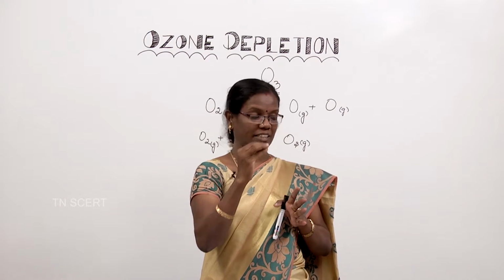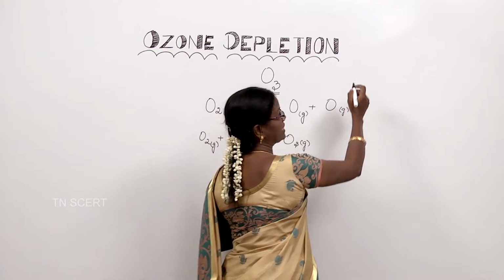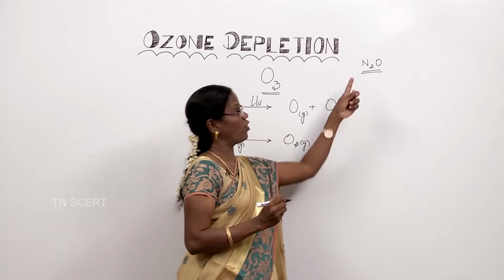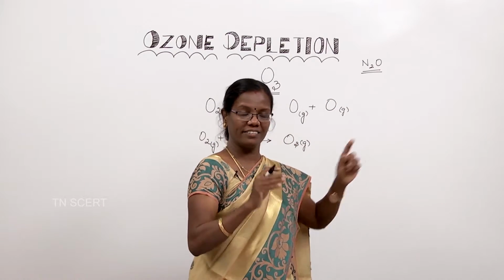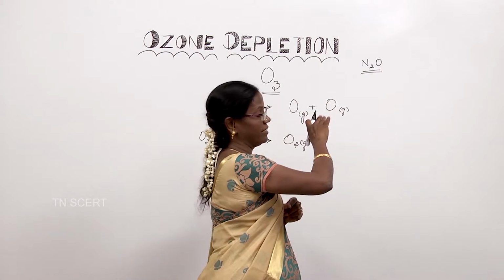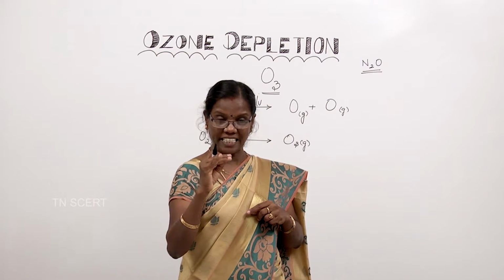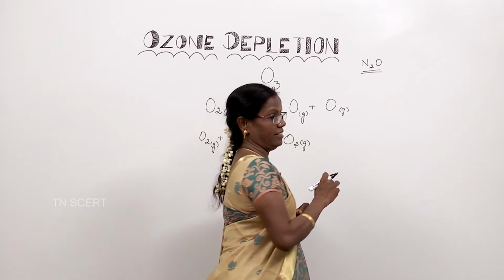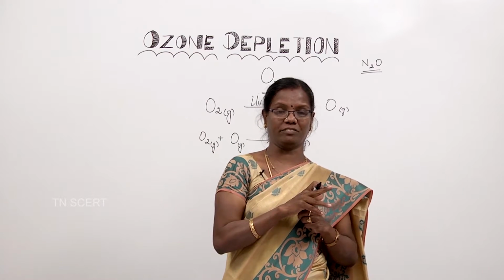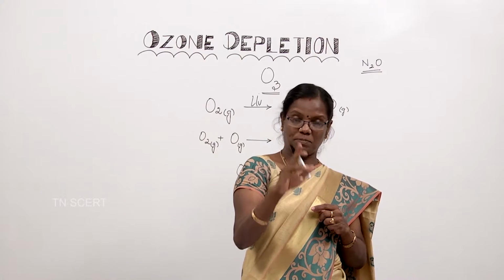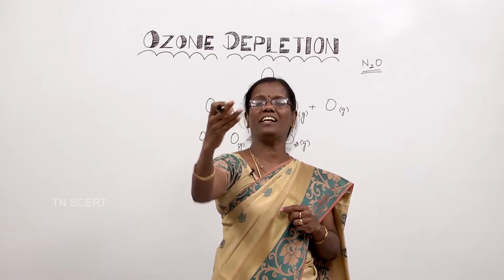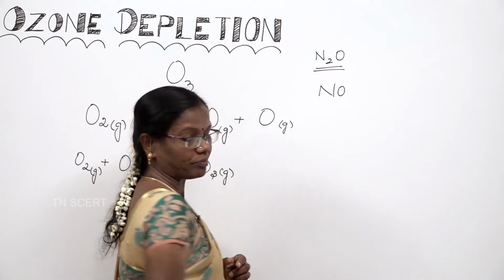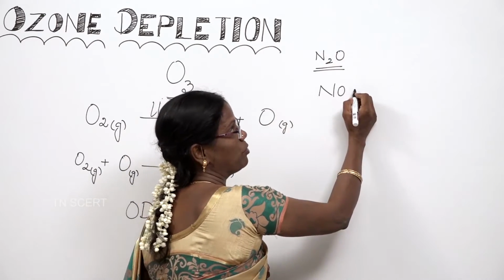But in the atmosphere, this nitrous oxide, N2O, you know, this is an oxide of nitrogen, nitrous oxide. This is inert in the atmosphere, but this inert nitrous oxide is converted into nitric oxide, and that nitric oxide is very reactive. That nitric oxide is the only substance which reacts readily with ozone. So that reactive nitric oxide which is produced in the atmosphere